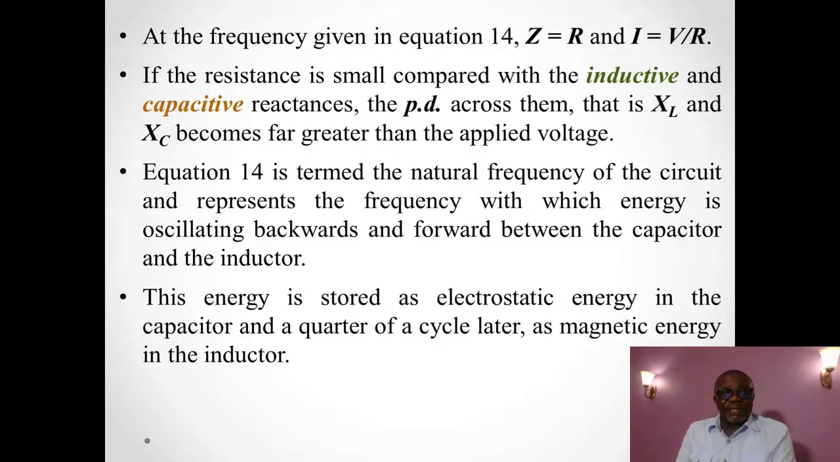So equation 14 is termed the natural frequency of the circuit and represents the frequency with which energy is oscillating backwards and forward between the capacitor and the inductor. This energy is stored as electrostatic energy in the capacitor and a quarter of a cycle later as magnetic energy